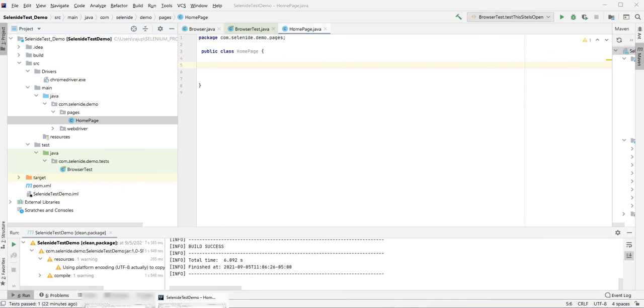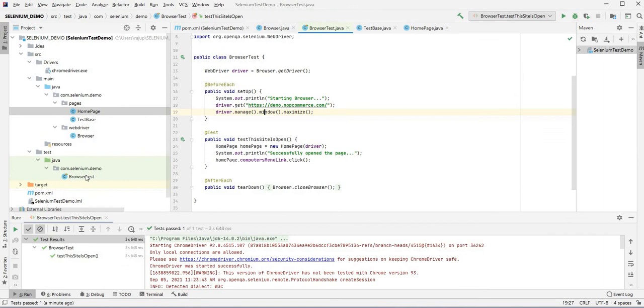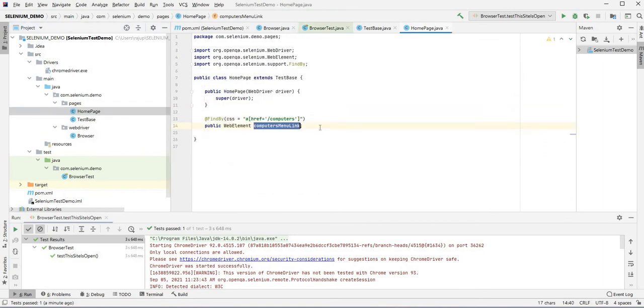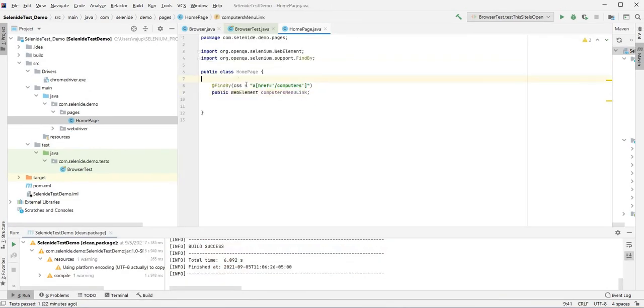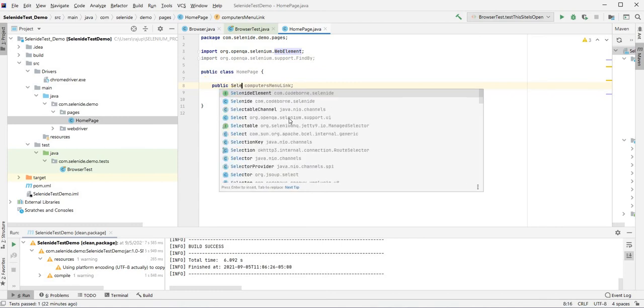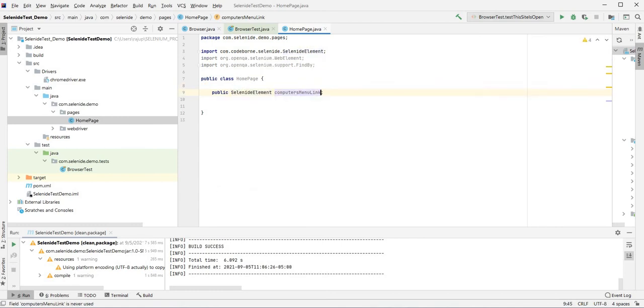First of all, I'm going to copy that locator from here. I go here and paste it. I'm not going to need find by here, I just need the argument, and then I'll remove that. So this one is going to be a SelenideElement equals, you have to provide $, which is a Selenide $, and then